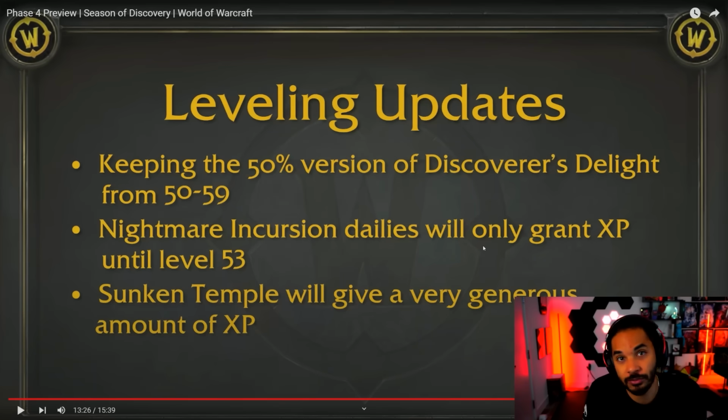Incursions will not be used as your primary way of leveling, although you can turn in the quests up to level 53, but you can only do them once a day, so they're like a daily. You'll also obviously have the 50% XP buff that we've pretty much had for most of Season of Discovery up to level 60, and Sunken Temple will give you quite a bit of XP. So you'll see people turn in all of the incursion quests, just have 20 stacked up or something. It's a daily, so you can only do it once for all of those,